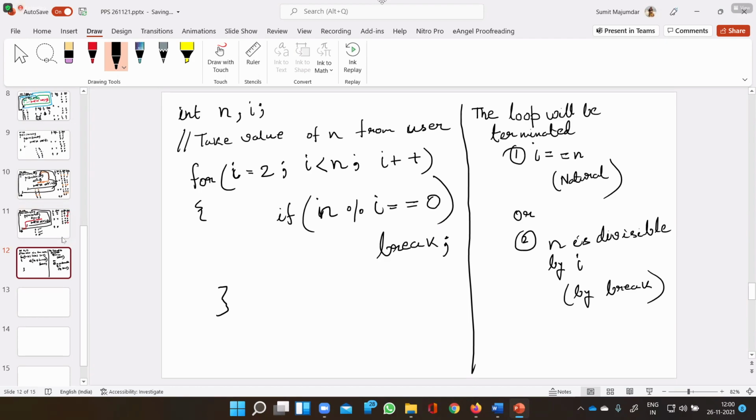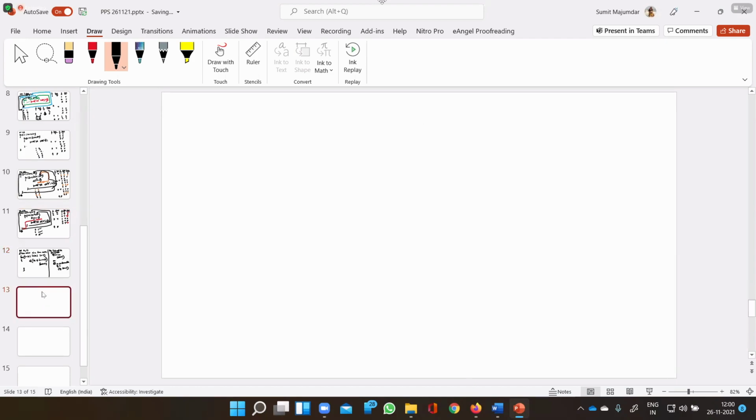Now let me start with the example. Suppose the n value is 5, a small value. N value is 5. What is the value of I? The initial value of I was 2. What is the condition? I less than n, that is 5.